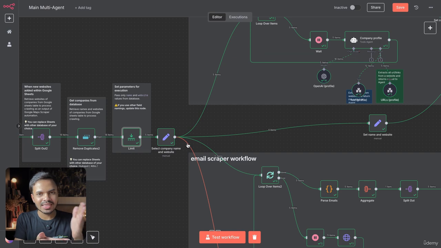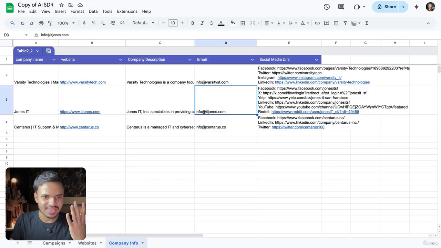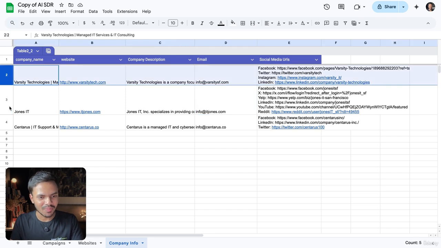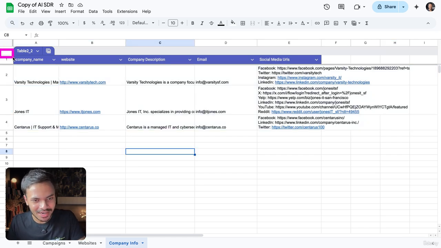So we did this entire process for 5 companies. But as you can see in the result, we are only able to get 3 companies. Why? Because the other 2 companies were having email addresses of catch-all or invalid. That's why we don't want to add them to our email campaigns. And that's why, in this final Google Sheet, there is no chance of any error or any misleading about